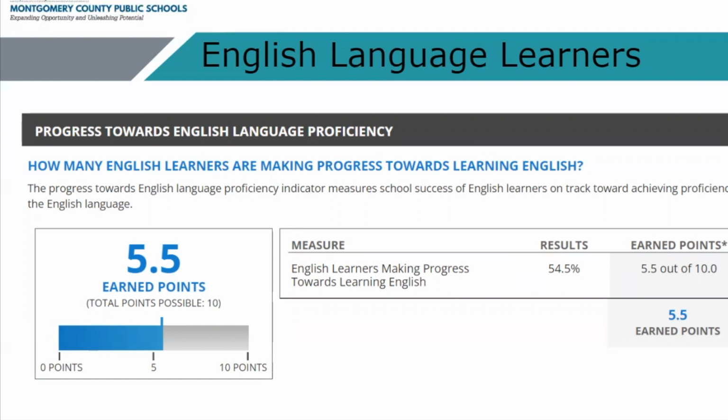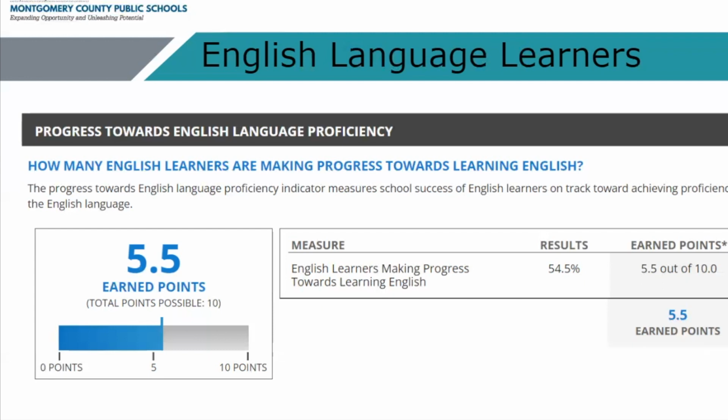We have a 5.5. But again, you will see that there is some room for improvement here also, with earning 5.5 points. So this is a place in which we can make points. And very likely, if we do some intentional work to improve, we're also meeting improvement. One thing I'd like to highlight here is that schools are responsible for improvement measures. So we have more opportunity to meet improvement measures with English language learners than we do with graduation rate, because of where the graduation rate is. So again, a different way for schools to have to look at it. It's not just enough to meet the milestone, considering that you have an improvement measure now.